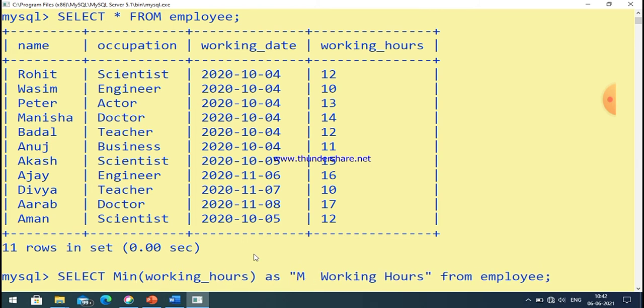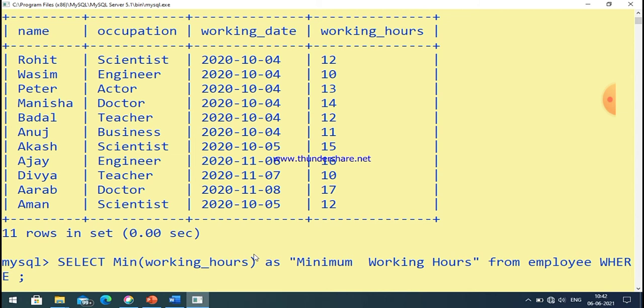Name of the column is working hours, and with a condition, let us say where working hours are greater than 10.